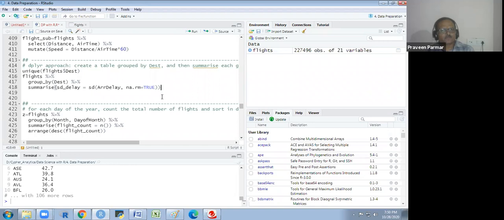We have done this. And after this, it should work if I write the average delay because we are using the same average delay. If I write here, it should work. I see what happens now.